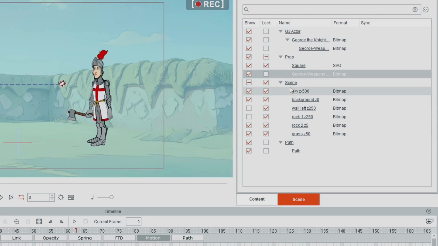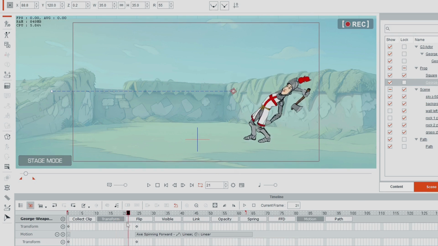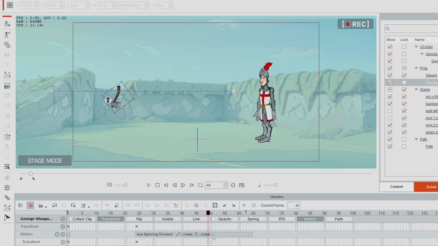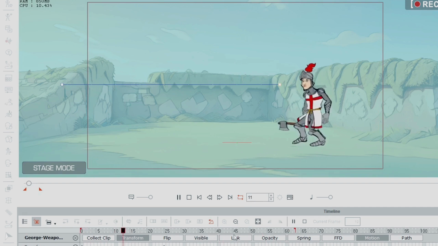Okay, so now that we've got that path set up, make sure you've got the correct prop selected, the one that you've attached to the path, and you'll see at this point that the axe is following the path, and we're good to go. So if I play that, we've pretty much demonstrated making an animated prop follow along a path, but I'm going